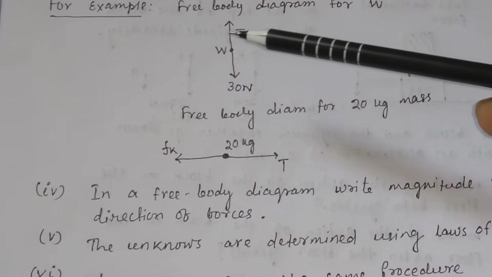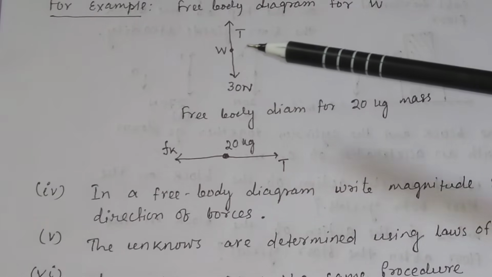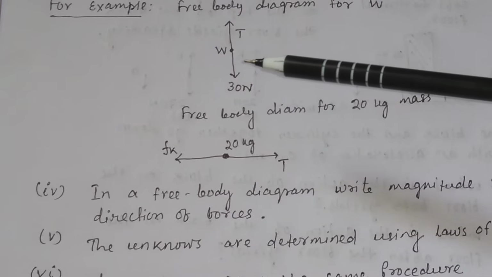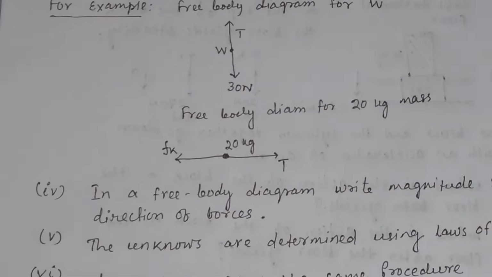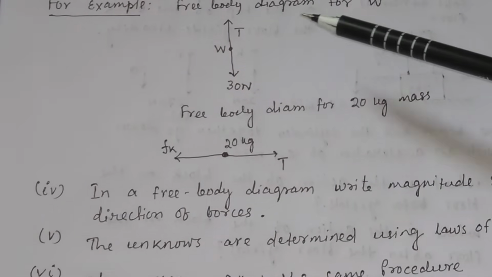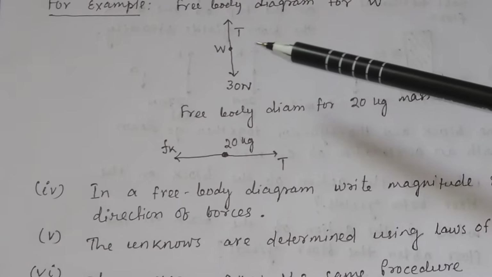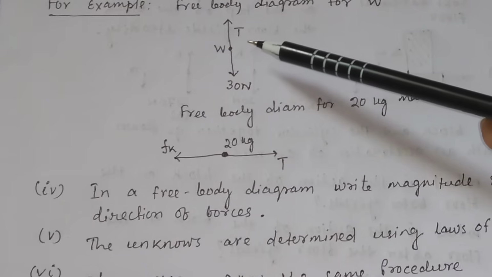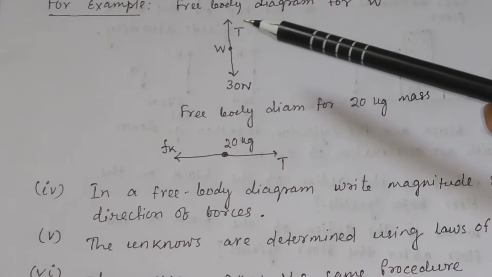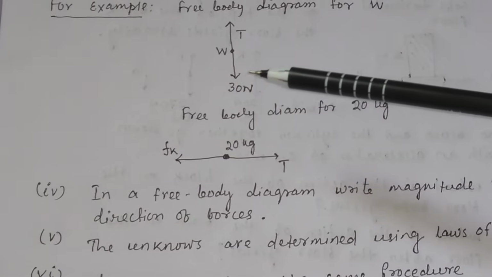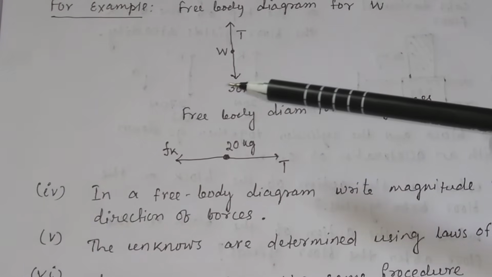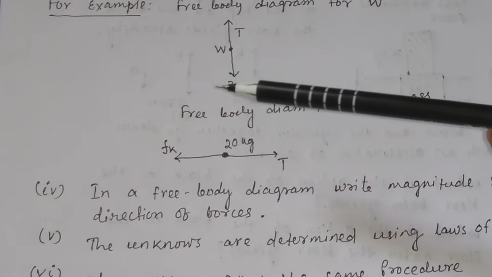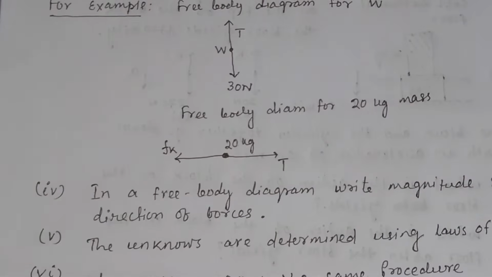Do not include the forces on the environment by the system. This is very important. You should remember that while drawing the free body diagram, you do not include the forces on the environment by the system. And another thing in the free body diagram, you should know, the system under consideration may have a net force or may not have a net force. Suppose this is in equilibrium, it does not have a net force. Suppose it is moving downward with some acceleration, that means this system has a net force.